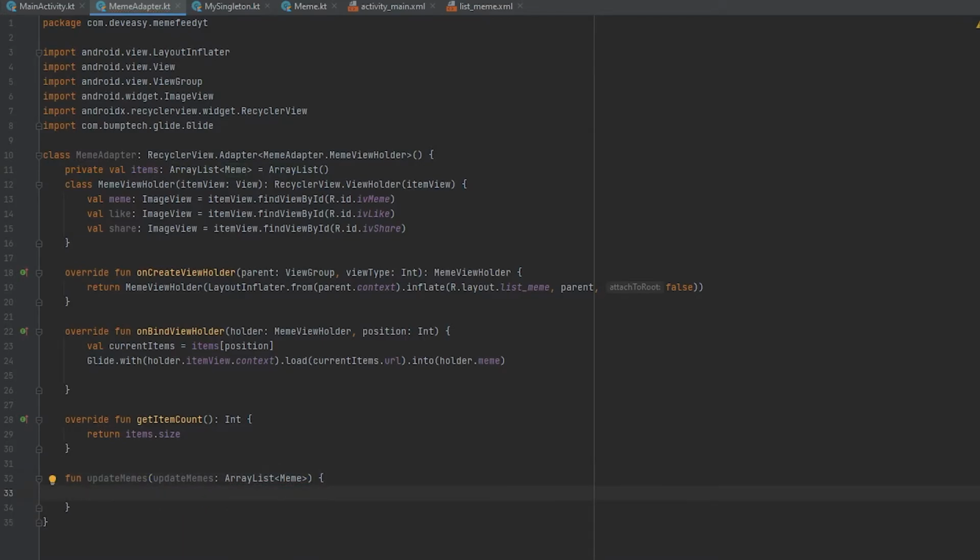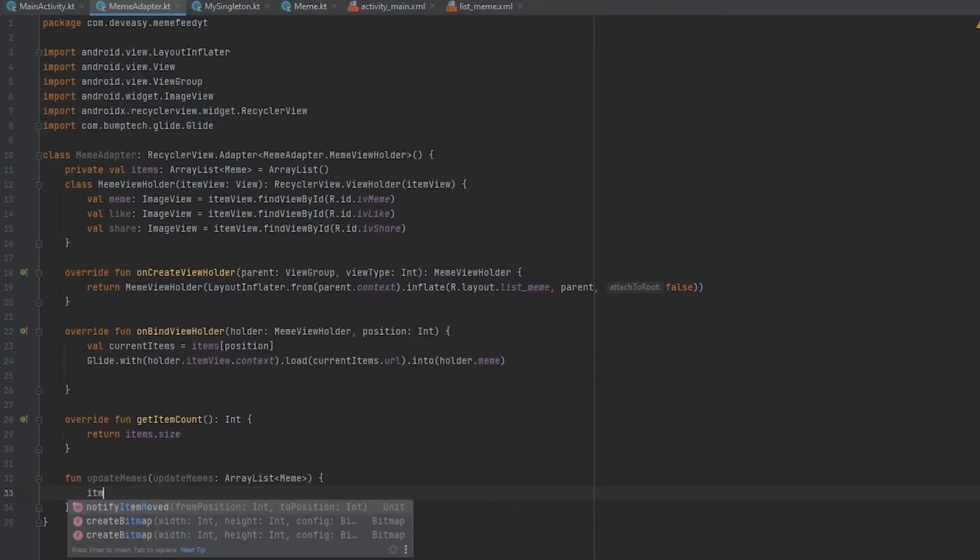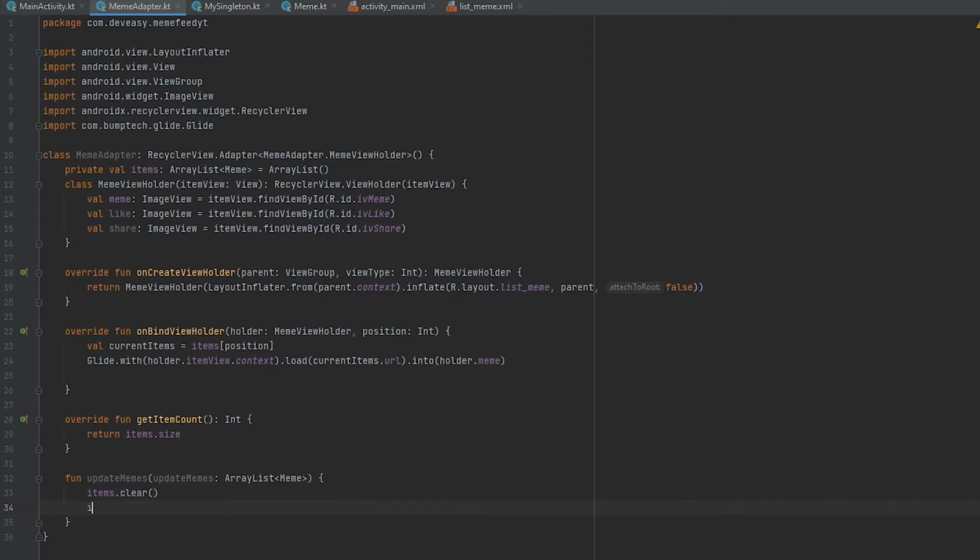Inside this we will clear our items, so items dot clear, and then we will add the items. So items dot add all, and we will add our update memes, and then we will call the function notify dataset changed.